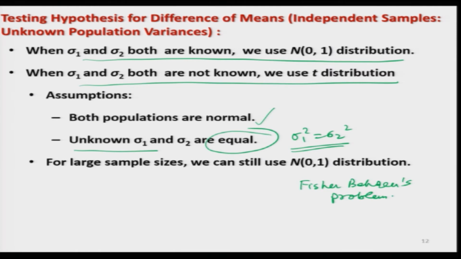So, well, I will not discuss here the Fisher-Behrens problem or how to construct the test when sigma 1 square and sigma 2 square are unknown as well as unequal, but definitely through the software this is not a big deal. You simply have to choose the correct option, and then based on that you can conduct the test of hypothesis, but you must know from the basic fundamentals what you are going to do, and that is important because many times people use the software and give these options without understanding, but the software does not understand that those options have been given without understanding. So, if they do not understand these options, possibly the statistical conclusions are going to be wrong.